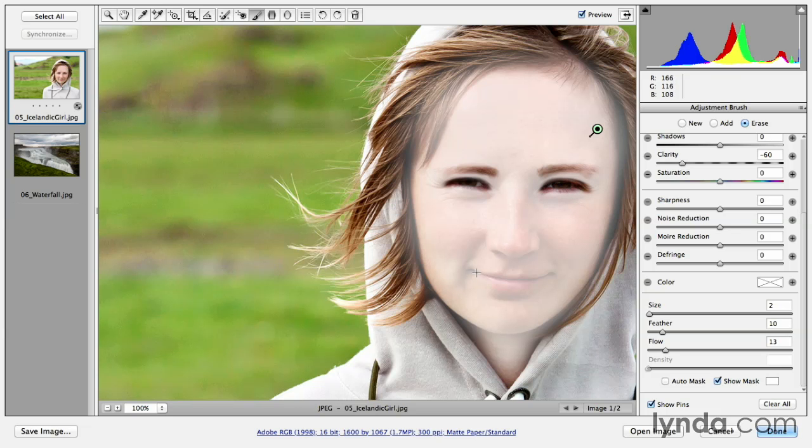We can also come down here to the lip area. I probably don't want the lips softened either. And we'll just paint. Got kind of a hard edge brush. I'm just going to continue painting. If I wanted to get a softer edge brush, all I need to do is increase the feather a little